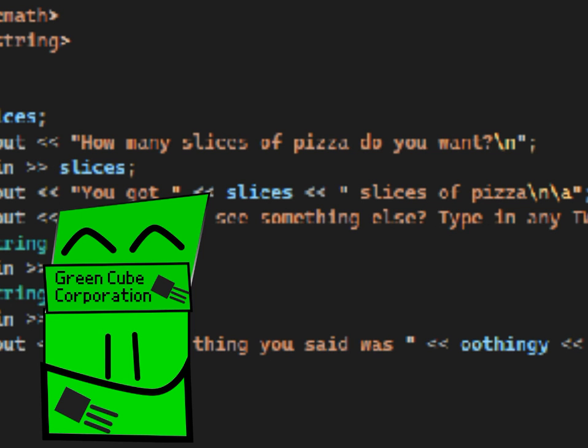Well, they are to connect pieces of data. You can see that I put "you got" with a space because spaces just don't add automatically. And then another less than signs, slices, our variable slices, which is a number, an integer. And then another less than